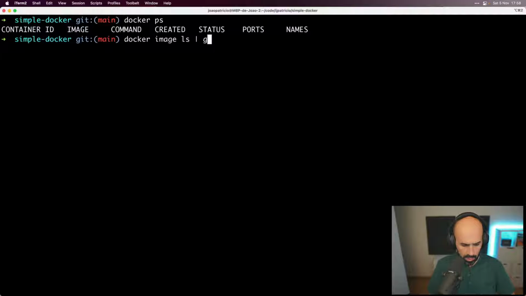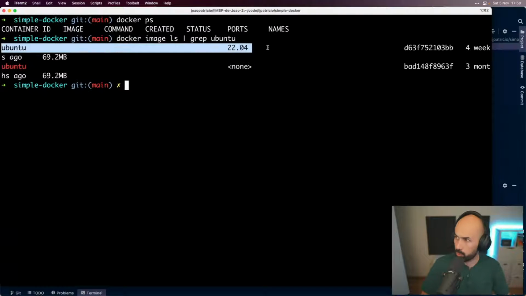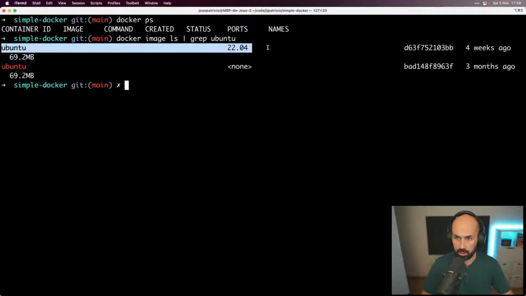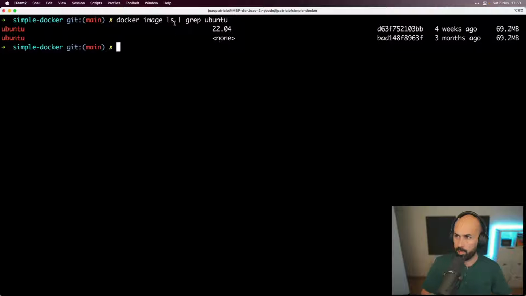So I will just grep, to not have an over-bloated screen, for images that have Ubuntu in there. So we can see we have one image called Ubuntu 2204. The font size is too big. So yeah, there is a dangling image without a tag. Most likely it is the same, but stuff happens behind the scenes.